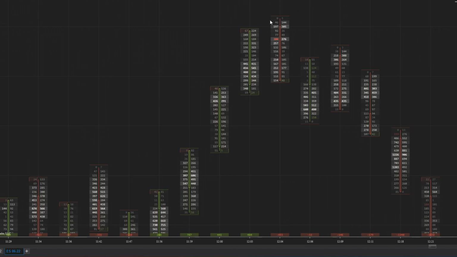Direct your attention to this top bar right here. This zero level right here is essentially an absorption level. This means that there were zero active sellers at this price point, but the price stayed the same. This essentially means that the buyers were exhausted at this level. No matter how many active sellers they threw at it, which really was only 5,